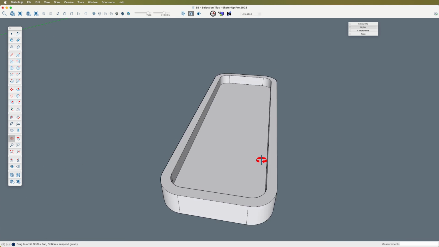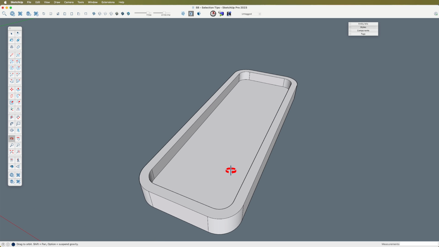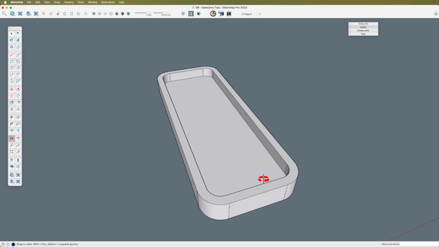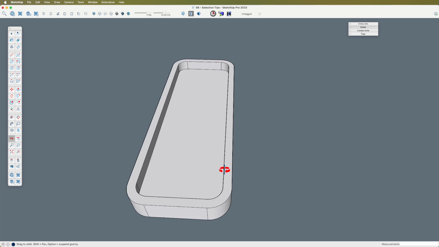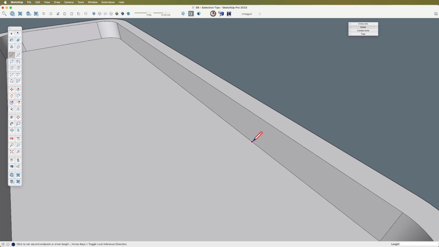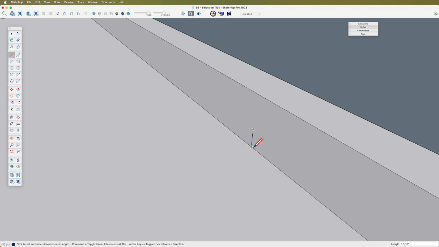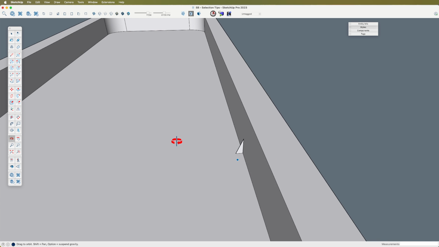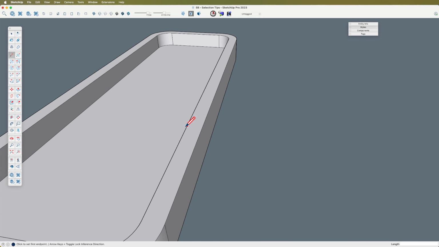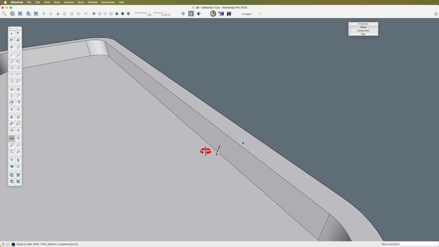All right, so let's say we've got this tray that we're modeling, 3D printing, doing something with, and we want to add a bunch of chamfers to it. Now there are some extensions that would do this pretty quickly, but in our case, let's say we want something like this. Now that will work for this interior, but what about up here if we wanted to chamfer these edges or the bottom? In that case, what we need to do,